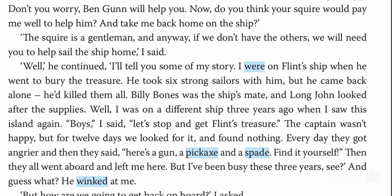Good lad. Don't you worry, Ben Gunn will help you. Now, do you think your squire would pay me well to help him and take me back home on the